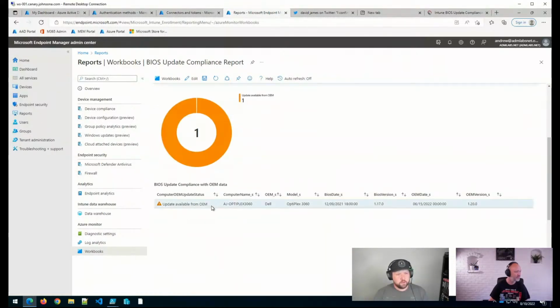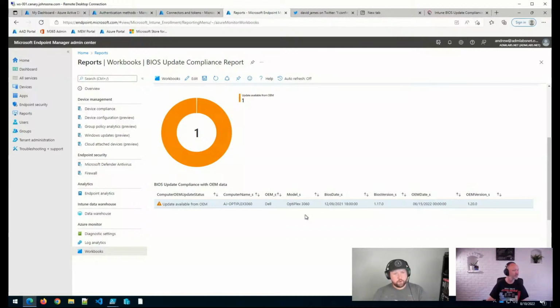You can see the end result here is that I have a device, or many devices, more likely in production than in my lab here, that are reporting up their BIOS version. And then some of these scripts in Azure Automation are actually calling out to the OEMs. I have to see which ones are supported. Obviously, I've got Dell in my environment. I'm pretty sure Lenovo and HP are supported with this solution.